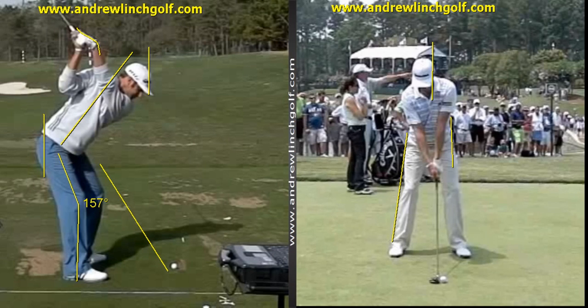Butch Harmon decided not going to change, because he's not a hands player. What you're going to see here as he rotates forward is he's very much a body player. So if he played with his hands, you would never have heard of him, because he'd be flipping the club all over the place. But as you see, from keeping the club head square, he's again not using the hands. And so if we take this forward